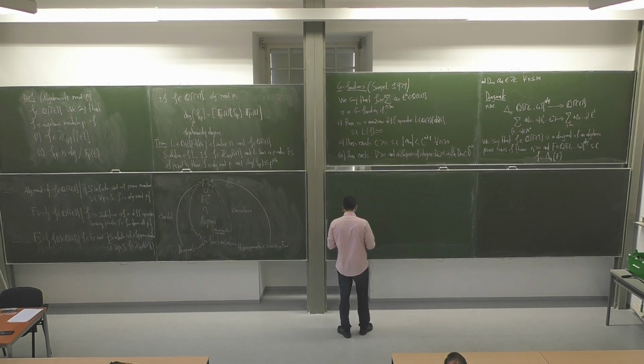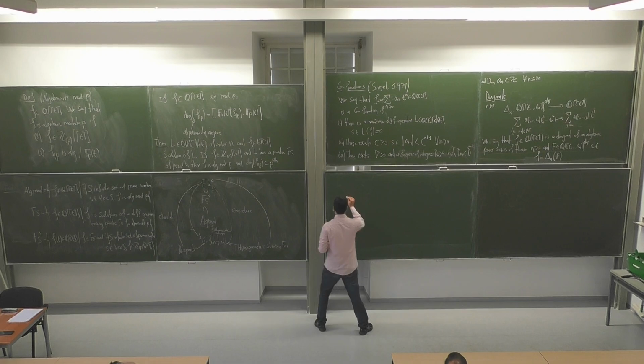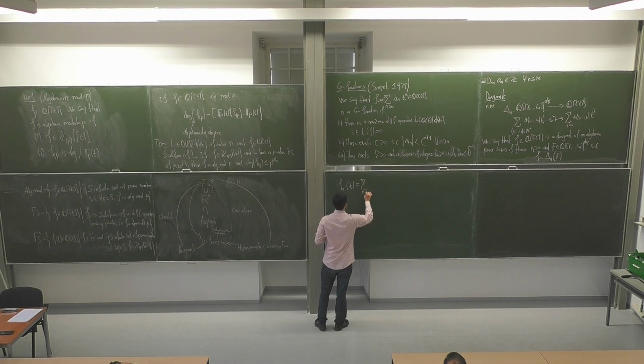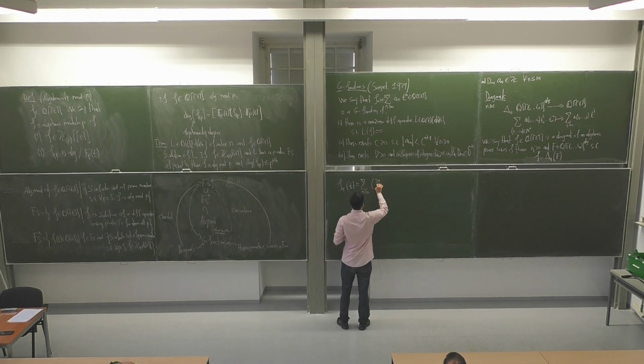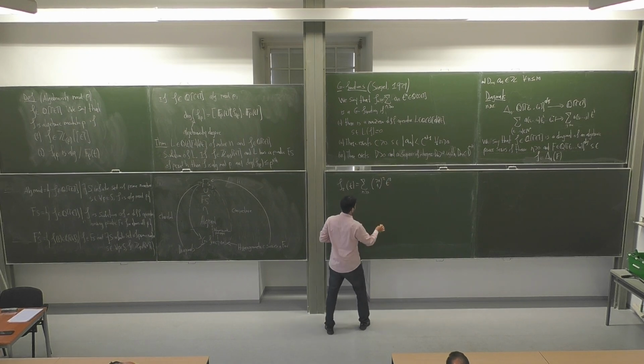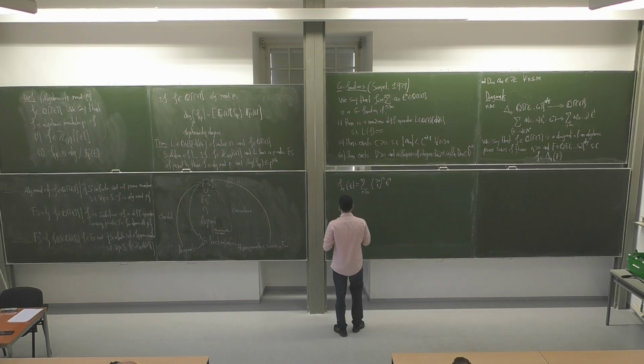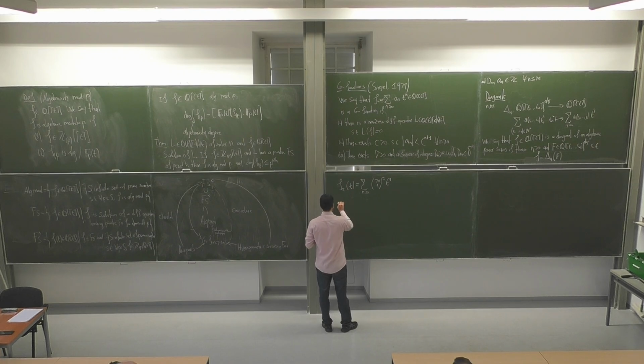So here is an example. For example, F2. I recall you the definition: F2 is this power series. This is a diagonal of an algebraic power series. Why? Because actually you can take this rational function